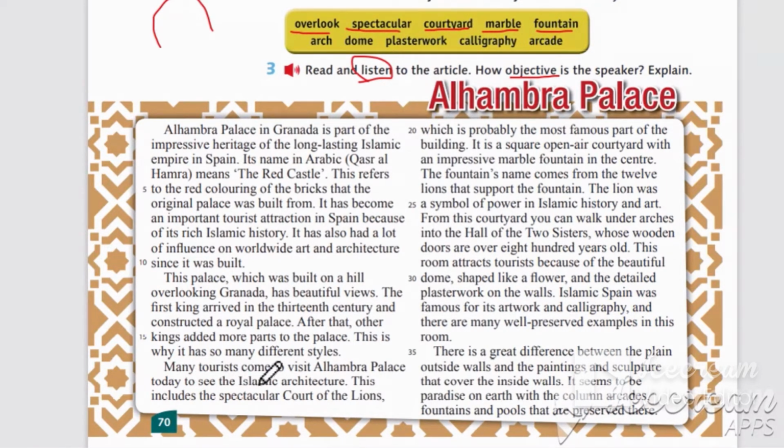Many tourists come to visit Alhambra Palace today to see the Islamic architecture. This includes the spectacular Court of the Lions, which is probably the most famous part of the building. It is a square open-air courtyard with an impressive marble fountain in the center. The fountain's name comes from the 12 lions that support the fountain. The lion was a symbol of power in Islamic history and art. From this courtyard, you can walk under arches into the Hall of the Two Sisters, whose wooden doors are over